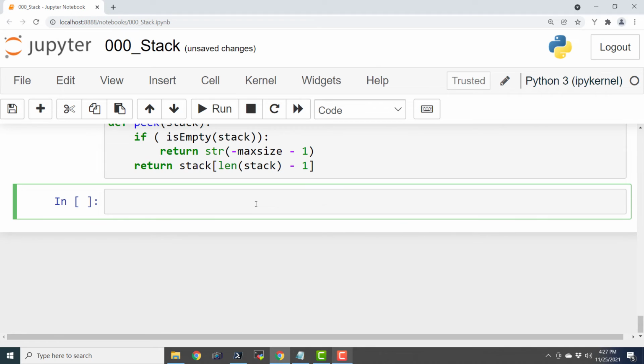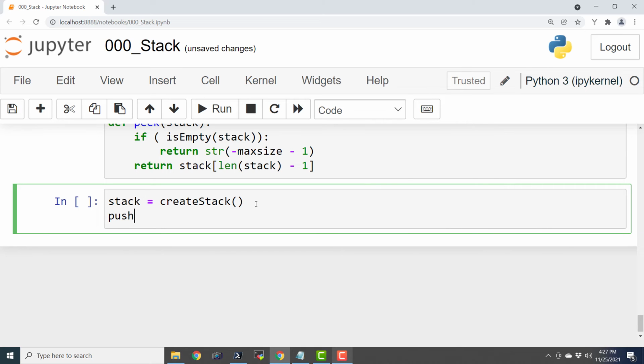Whenever we write the driver program, as it is called, stack equals create stack, and we are not passing any size or anything, though it is possible for us to write code that is going to create a stack with limited length.